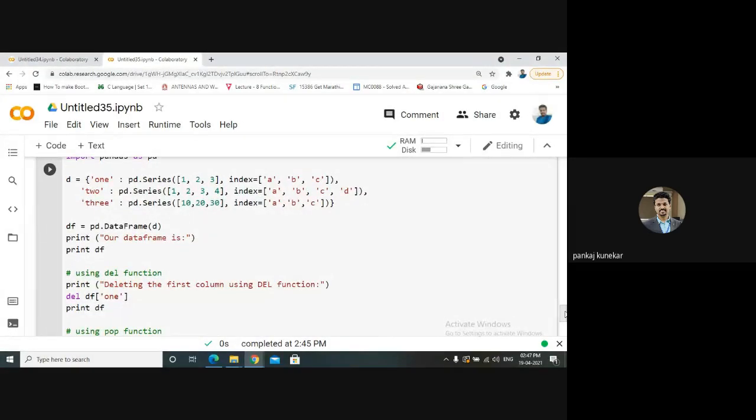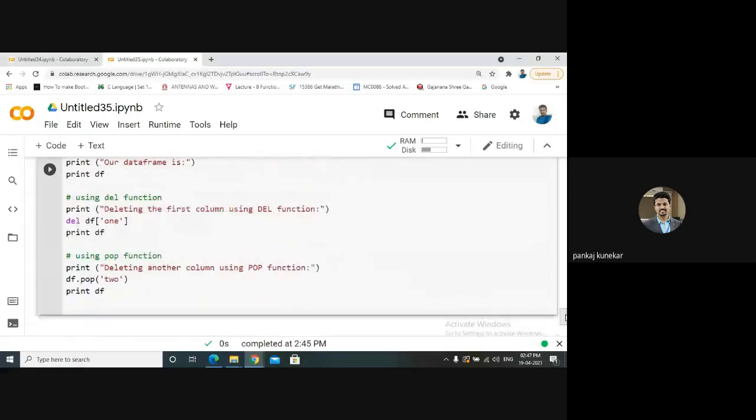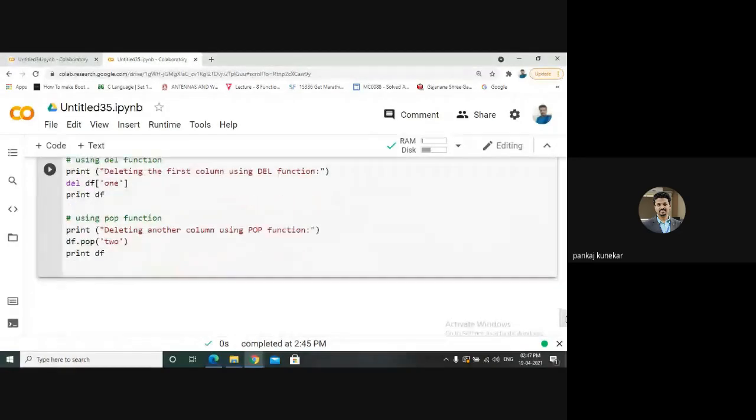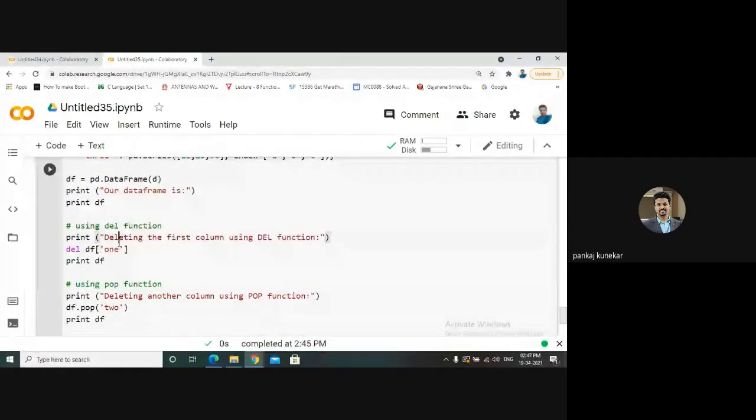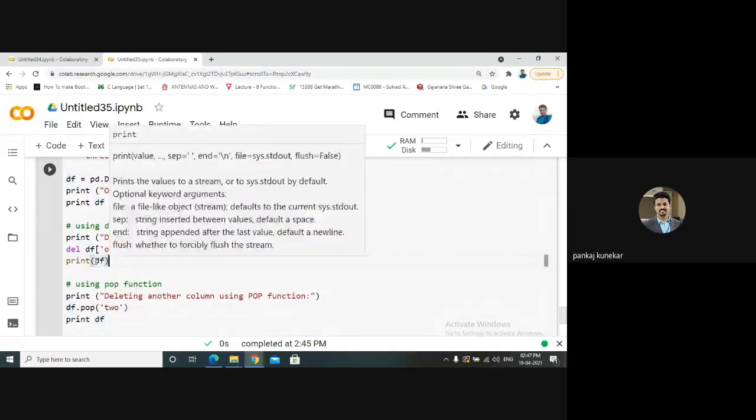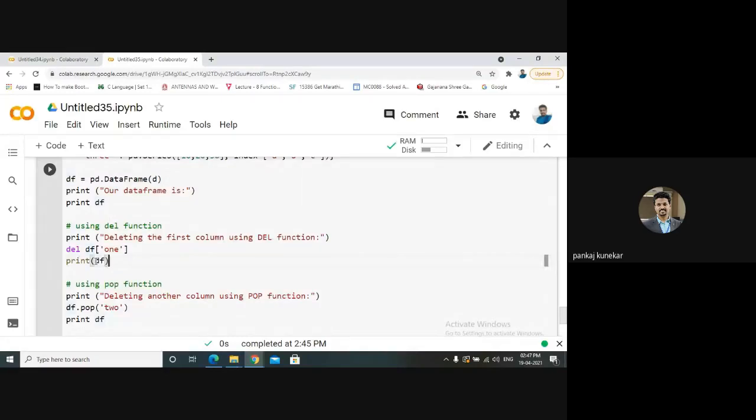The data frame is displayed, and we are performing del. Directly the del function can be applied. Suppose we want to delete the first column using del, so you need to use del df of 1, and if we print df, our first column df1 will be deleted.